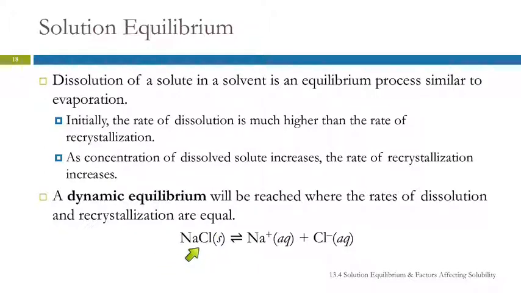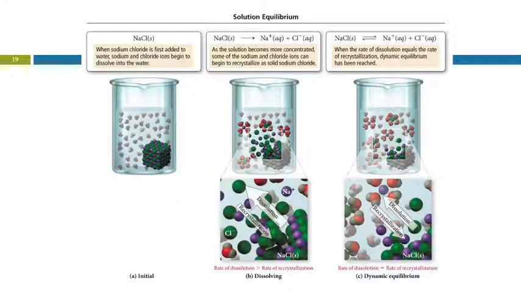We've got sodium chloride, and it's dissolving, and then the sodium and chloride ions are recrystallizing. Got pictures here. So here's the sodium chloride crystal in water. There aren't any sodium and chloride ions in here initially, and so no recrystallization can occur. We have all dissolving. So we've got the sodium and the chloride ions, and they're dissolving into the water. As they begin to dissolve, and here we see those ion dipole forces,